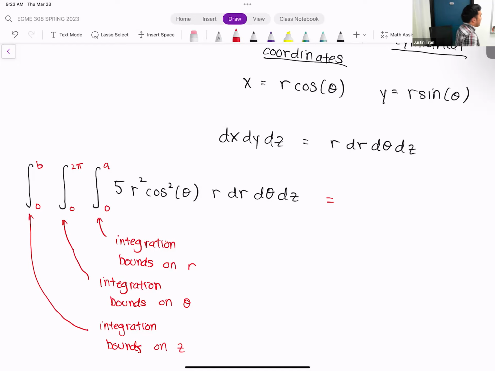All right. Now that we have our integrand and all our integration bounds, all that's left is just to perform this integral. This integral here is a lot more reasonable, and it's definitely not as hectic as the previous ones that we've done, because we basically have 5r cubed times cosine squared of theta. But in the interest of time, I want to make sure I get to the physical interpretation of the divergence theorem. I'll let you go ahead and verify this yourself. This integral here is going to be 5 pi a to the 4th b divided by